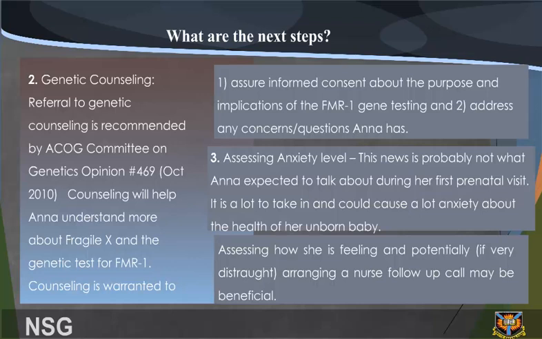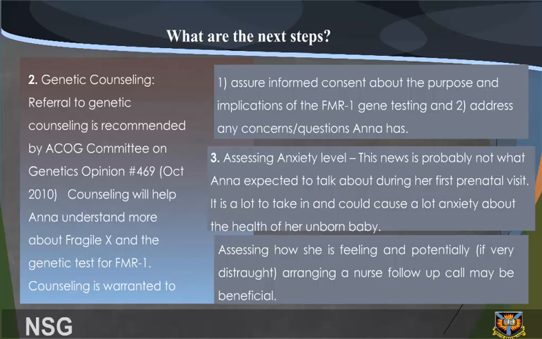2. Genetic counseling. Referral to genetic counseling is recommended by ACOG Committee on Genetics Opinion 469, October 2010. Counseling will help Hannah understand more about fragile X and the genetic test for FMR1. Counseling is warranted to